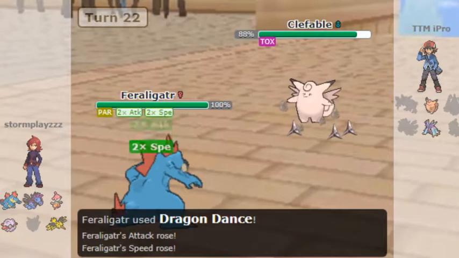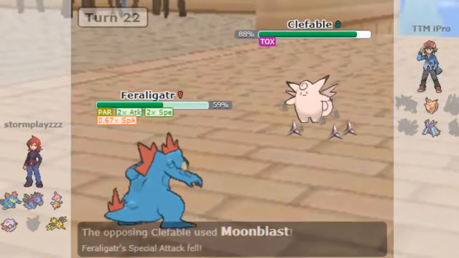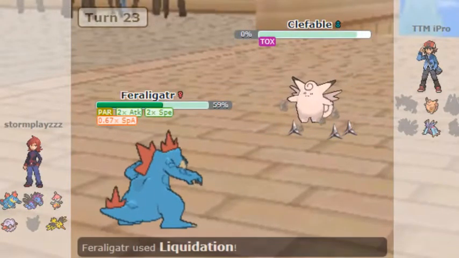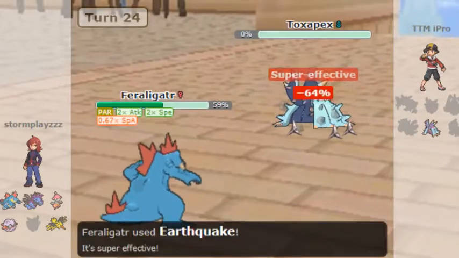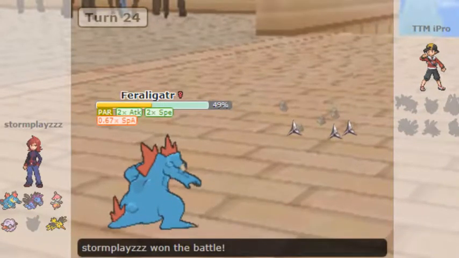I'm going to D-Dance because I thought I'd be slower and I wanted to be faster, and also have a bit more damage output. And he Moonblasts, and I'm going to live that, and he doesn't live a Liquidation, and he just drops, and all he has left now is his Toxapex, and I'm not going to get full powered here, and we're going to be able to knock out Pex with the Earthquake. So good game to iPro. We were able to pick up a 5-0 win,